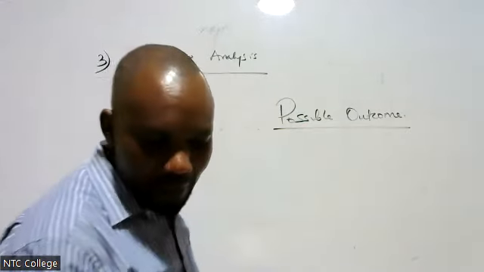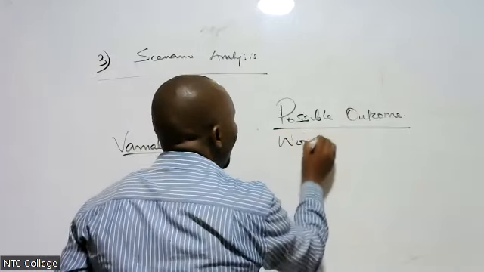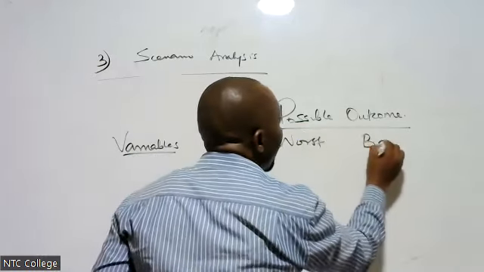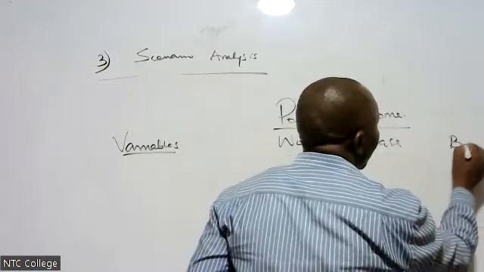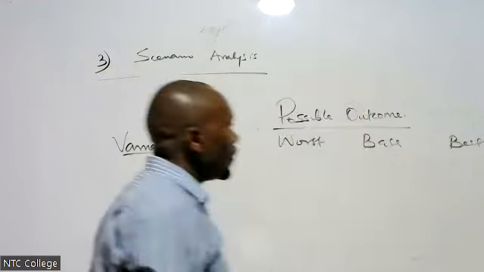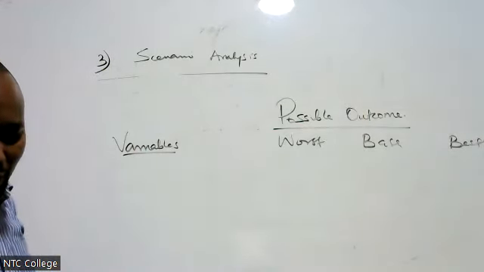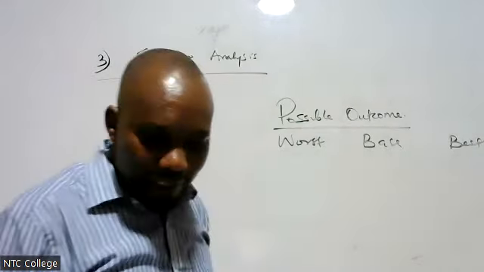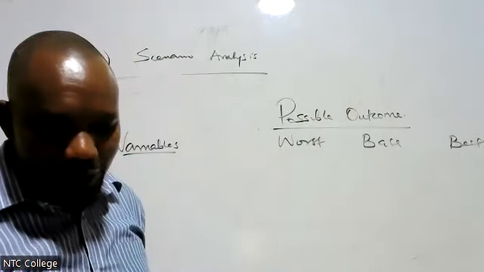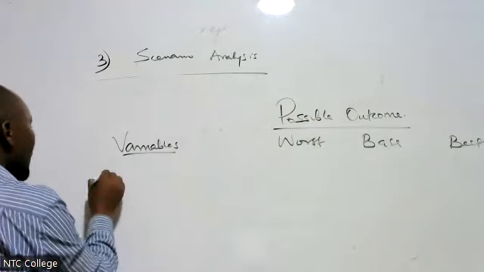So we have the worst case scenario. That can be the outcome. The outcome can be worst, and then we have best. That is a very possible scenario. Now, we are looking at a situation where, in the best case scenario, the units that can be produced and sold annually is given. So we have units